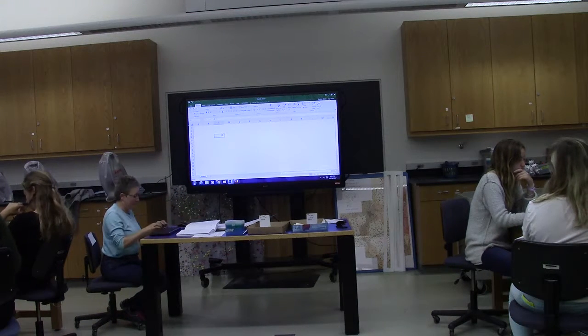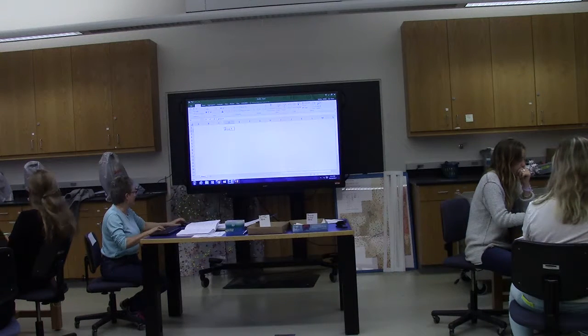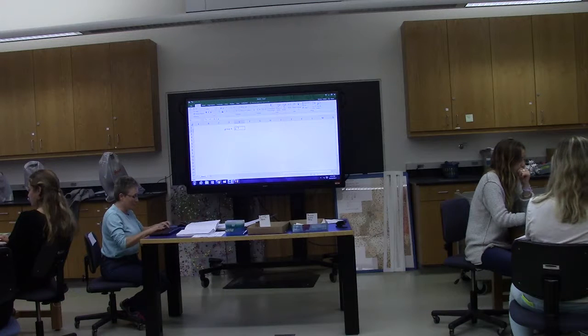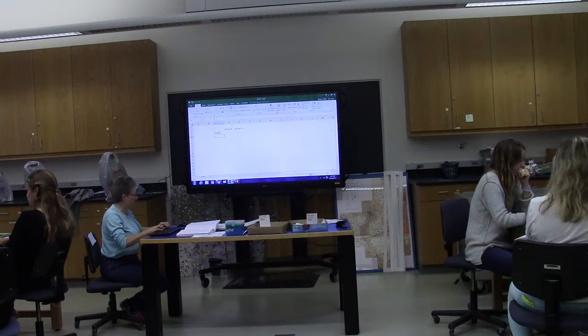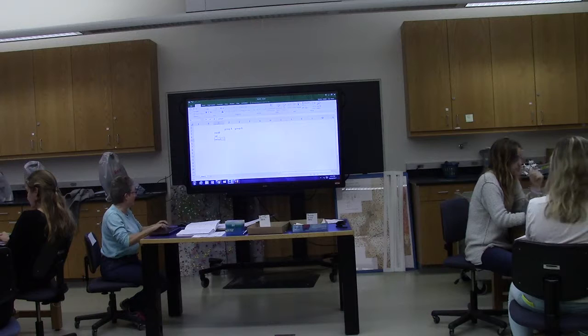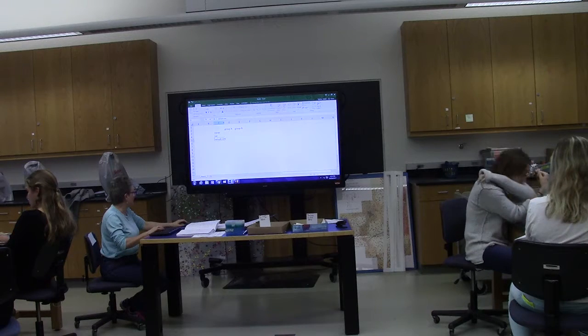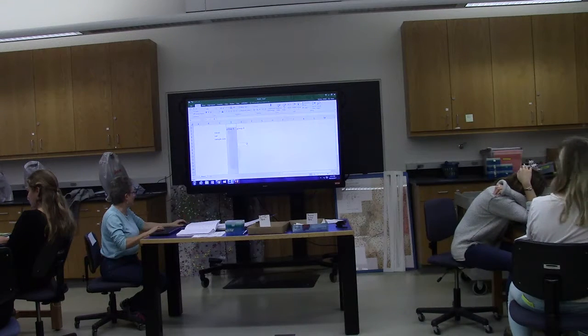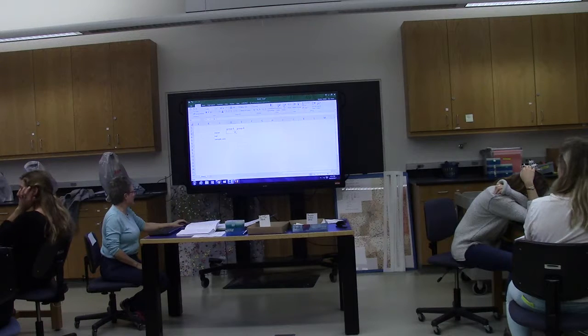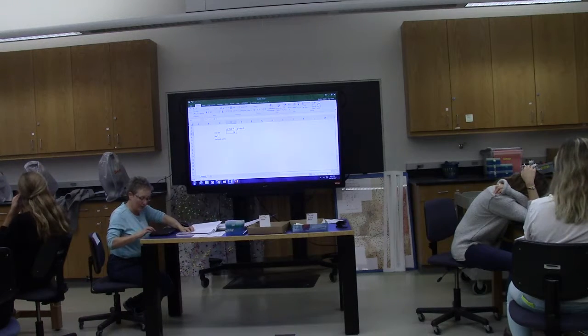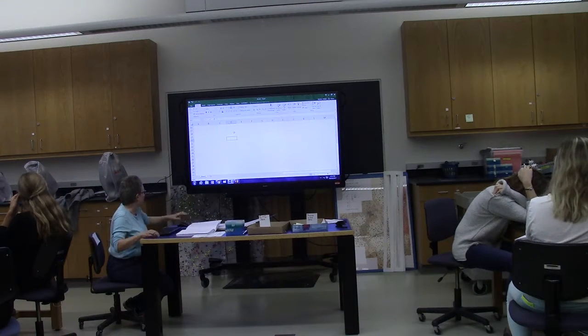I'm going to put my cursor in a cell, and I'm just going to call it group A. And then the next one will be group B. And then I want mean, variance, and sample size. And then my numbers for group A would be 23 point